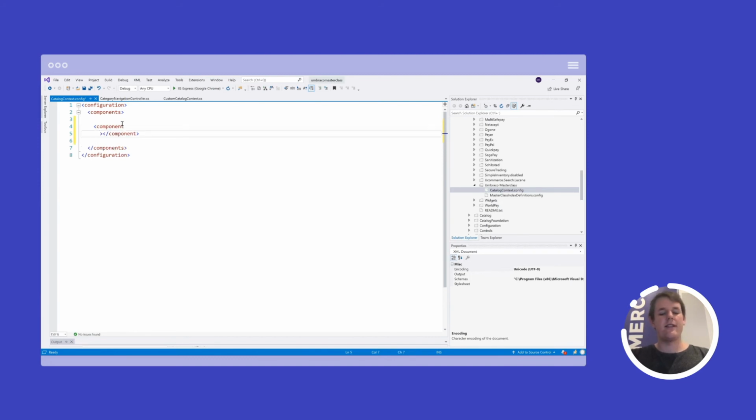And a component needs three properties. It needs an ID, it needs a service, and it needs a type. So that's the three key components that you need to register with a component. The ID is because you can then use that for specific constructor injection or property injection, where you know that there are multiple interface implementations of the same service, and you really do need a specific one.